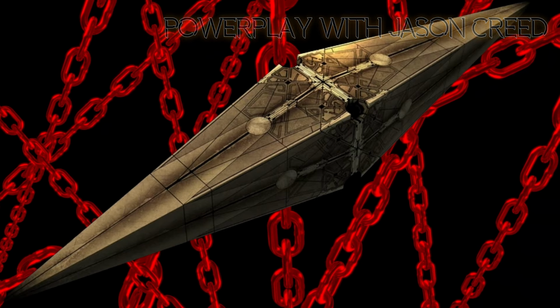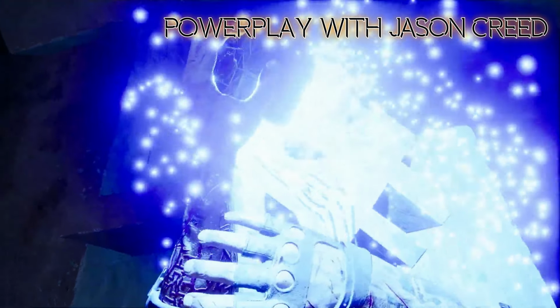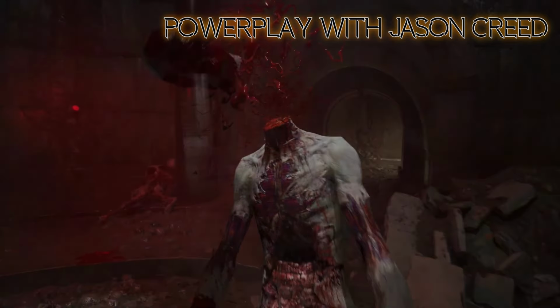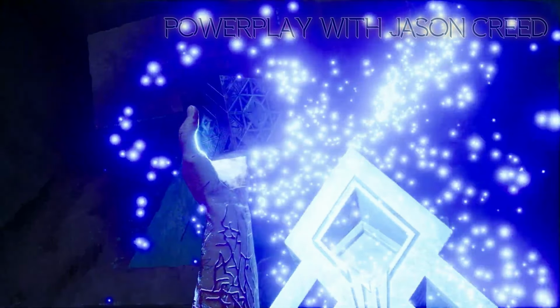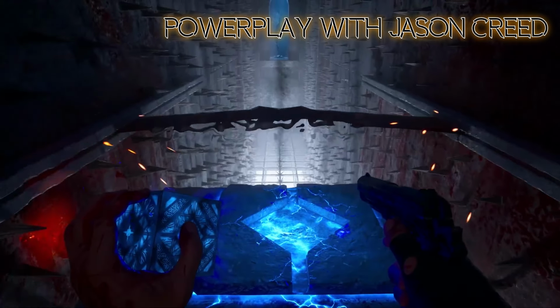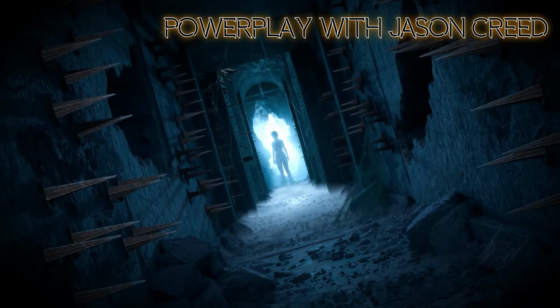In the trailer, we can see Aidan, our protagonist, actually using the box in combat. There's a shot where he deploys razor wire around a wretch's head and decapitates it using the box. The Genesis configuration isn't just a passive plot device. It's an active combat tool with what appear to be multiple abilities that players can unlock and upgrade throughout the